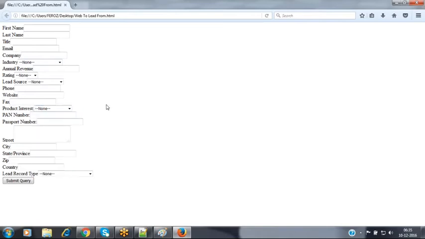So in this kind of scenario, whenever you generate that HTML web-to-lead form, Salesforce provides one HTML code to you based on the fields which were selected during the form generation. This is the HTML code we have generated here. Now we have to give this HTML code to your organization's web designer, and ask him to add some styles so that this user interface will look attractive.